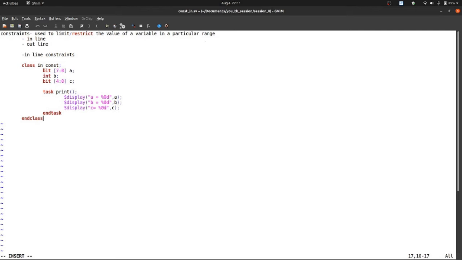And after that we need a module, let's say module top, and endmodule. First of all we have to create the handle of this class, right? Let's say the handle is con, with some initial begin and memory allocation for the handle.